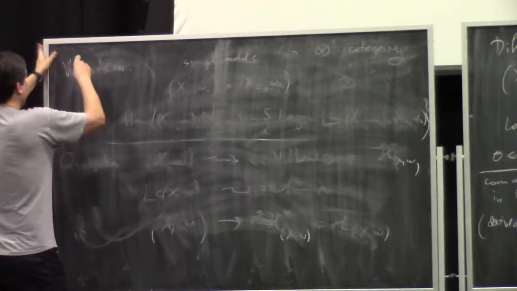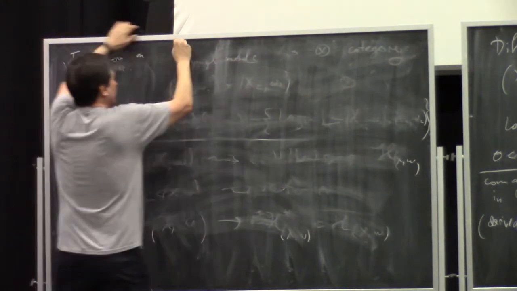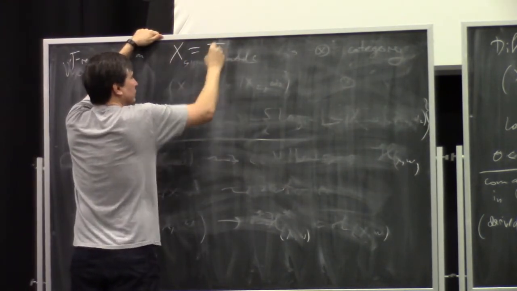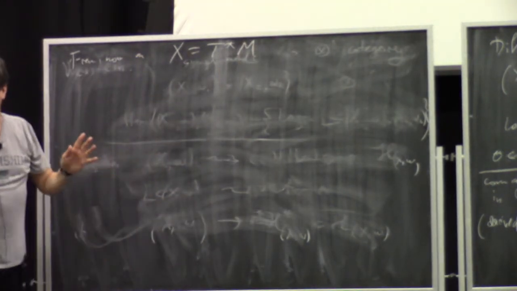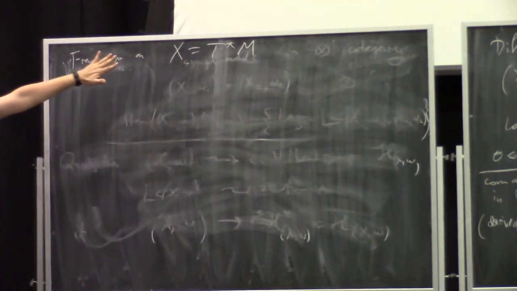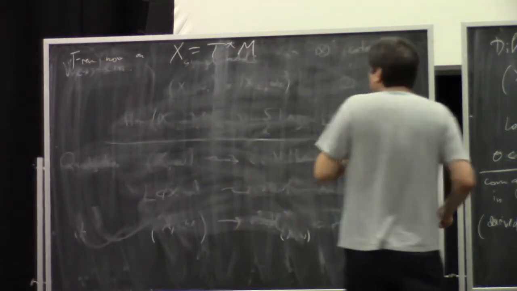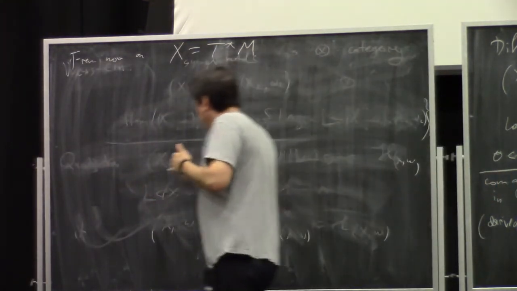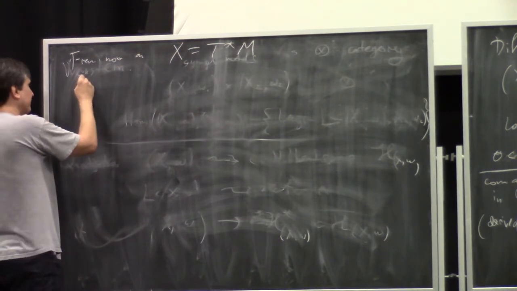So actually from now on, I assume that X is the cotangent bundle to some manifold M. I will consider other examples, a basic example of an integrable system